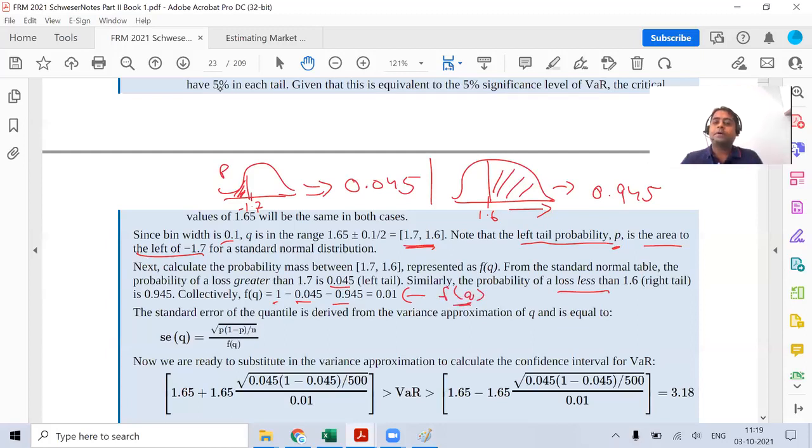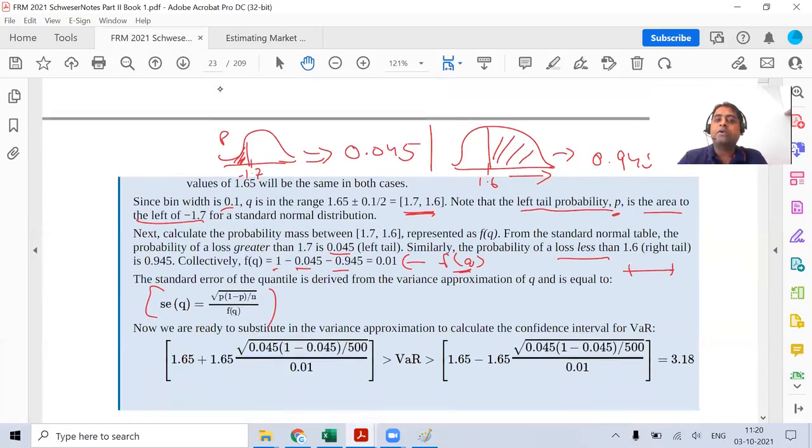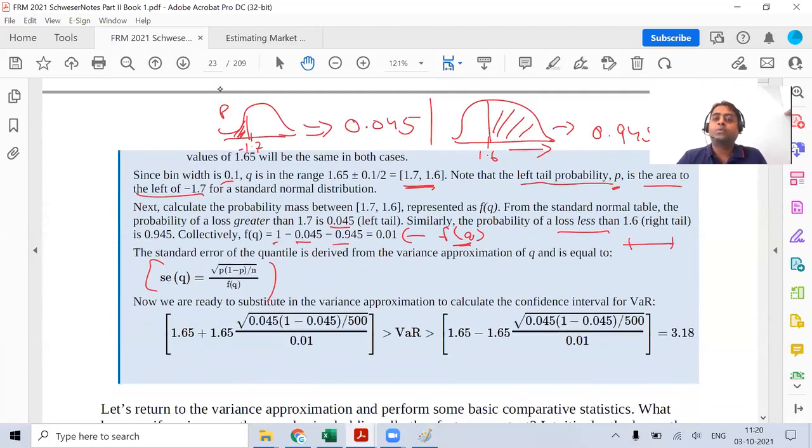All good. I'm purposely going slow on this side to make sure that everybody is in sync. Okay, 0.01, everybody is good. Now once we got this 0.01 and the P part, both will be used in the formula which has been given over here. I don't expect that they will ask you to calculate this formula. Even if they ask you, they will give you the formula directly, ideally.